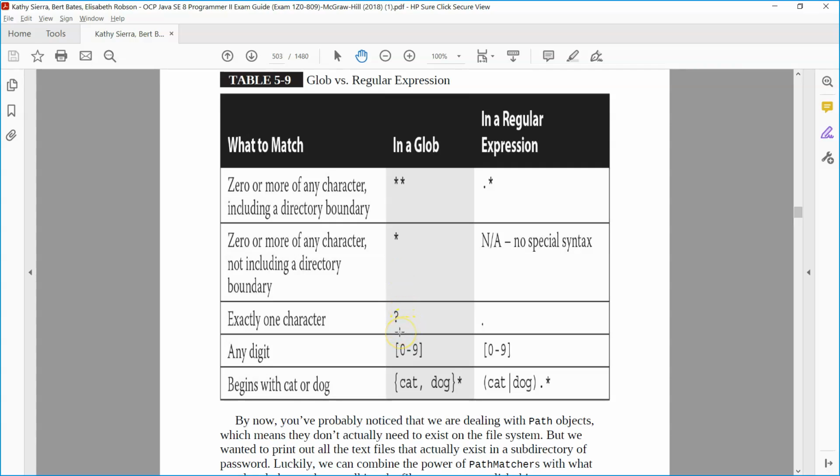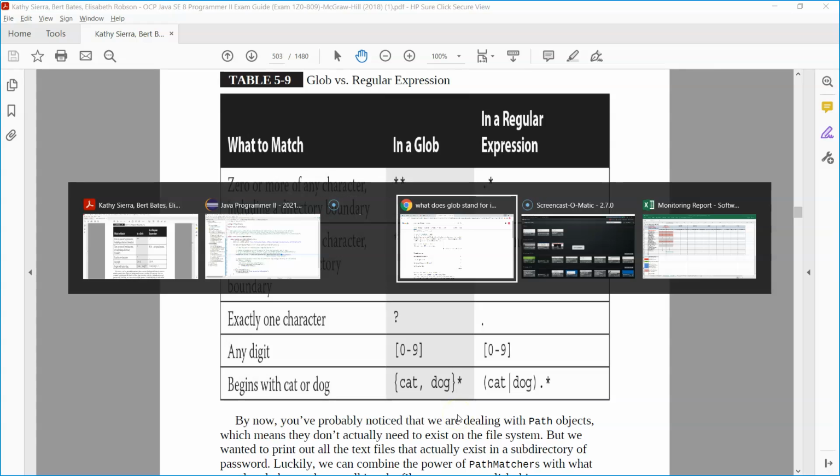Question mark is exactly 1 character. Any digit, 0 to 9 in square brackets, would mean search for 0 or 1 or 2 or 3 all the way up to 9. The curly brackets there, so it's searching for cat or dog. And then followed by the asterisk means 0 or more characters after that. So cat or dog followed by any characters after it. So something that starts with cat or dog. Now back to